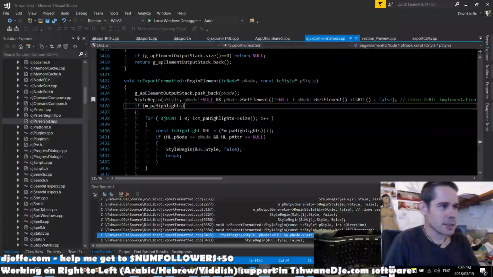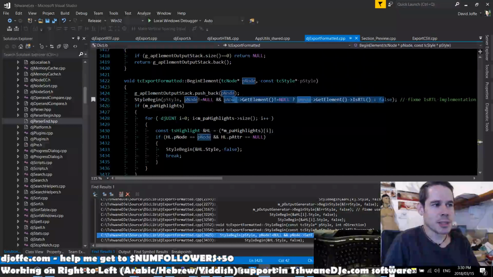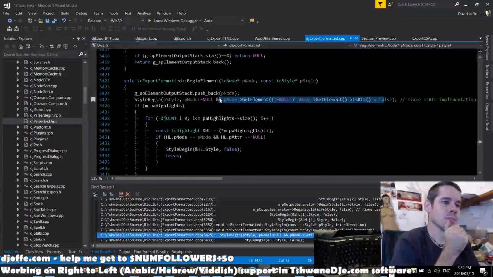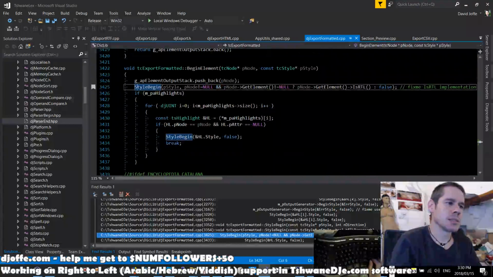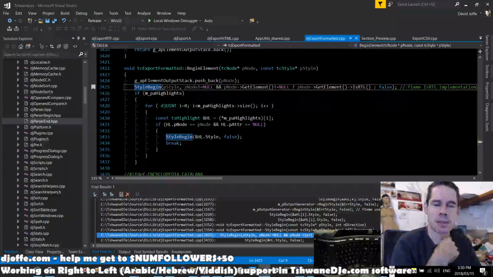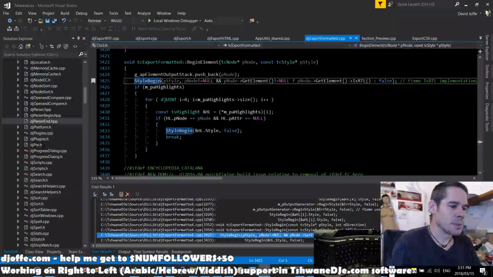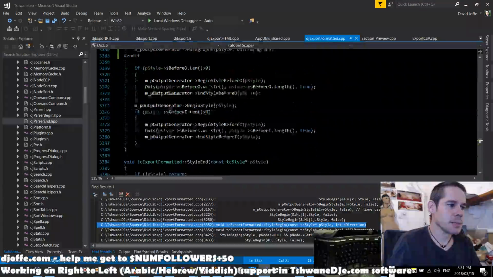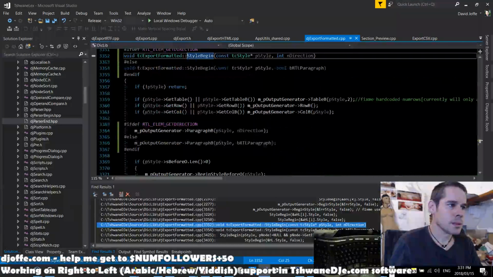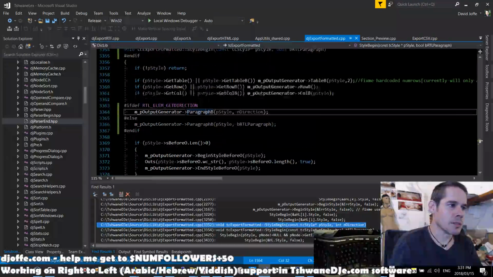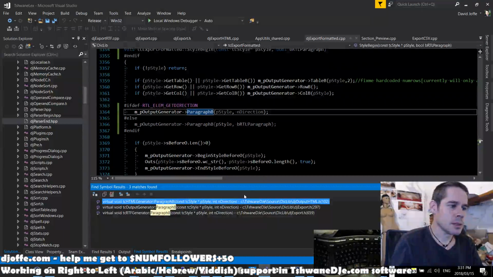What I'm actually wondering now in this code is, why do we even pass the direction in the first place? To style begin. Can't style begin just get it from the element? This whole thing's a bit weird. I guess because it does anyway, like, well, style begin was paragraph begin, which in the output generator, and